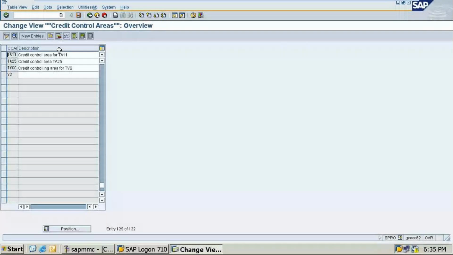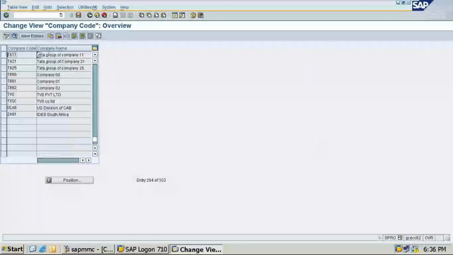So edit, copy, delete, check company code is to create the company code. Edit Company Code Data. I have created TA11. How to check whether I have created it or not? Click on the positions TA11. Now you click on this, it has also been created. Back. Close the screen. Next, all these things we have to put in the assignments. In the assignments, after Financial Accounting, you have to come down and here are the assignments. So Define has been done. Now Assignment, Financial Accounting.